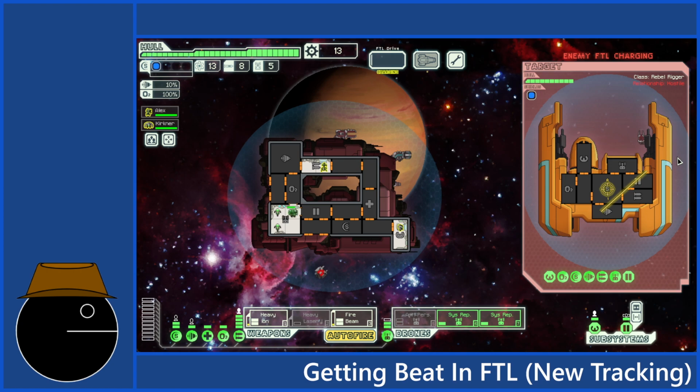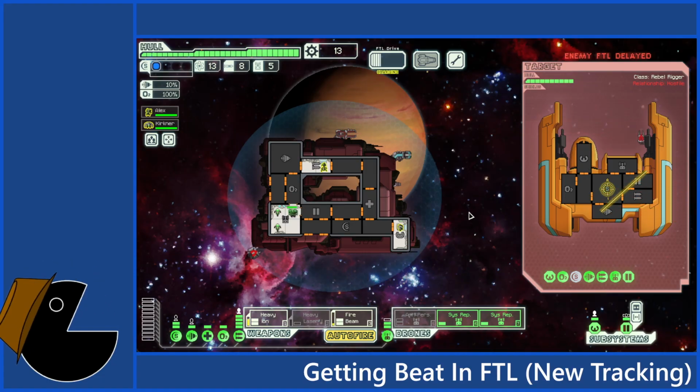Let's see if I can't start a fire on their ship. Shields down. Fire started.